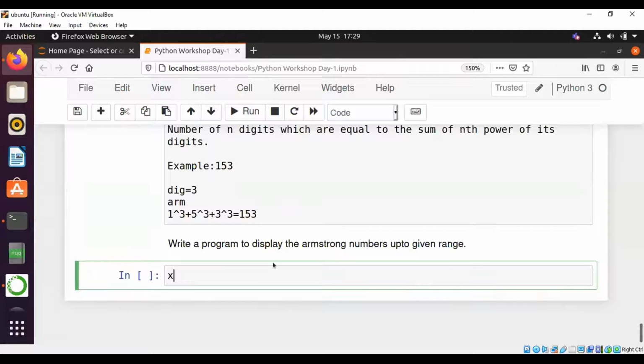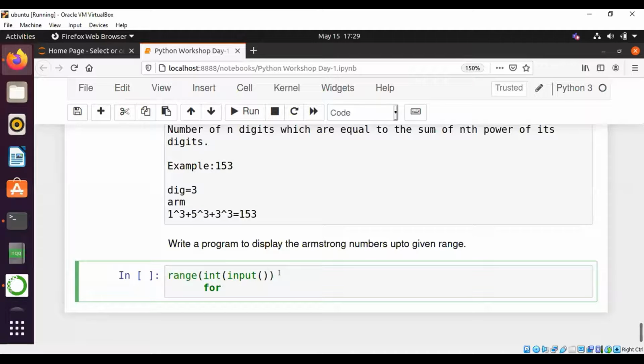Let's take the range as input, in range of range.